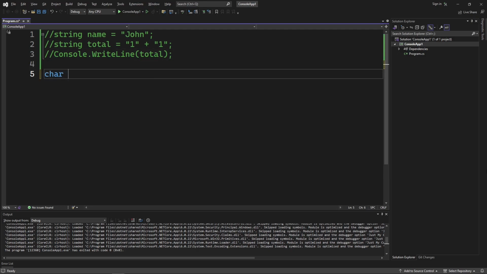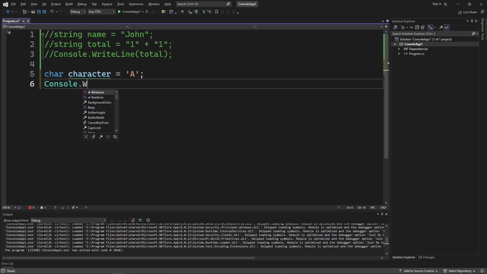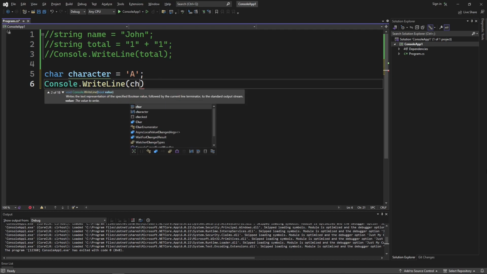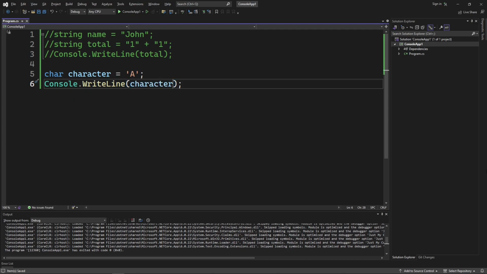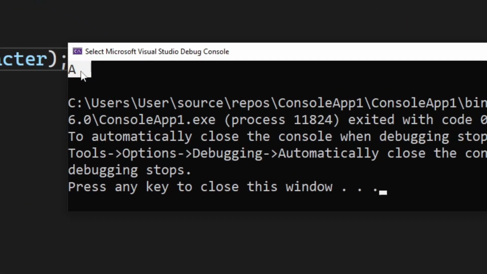Char, or character, whatever you wanna call it, is used to store a single character. You could think of char as a single piece from a string. And to note, a string is an array of characters. But one thing is that a char's value must be enclosed inside a pair of single quotes. And if we try to call it, it is displayed just like a string.